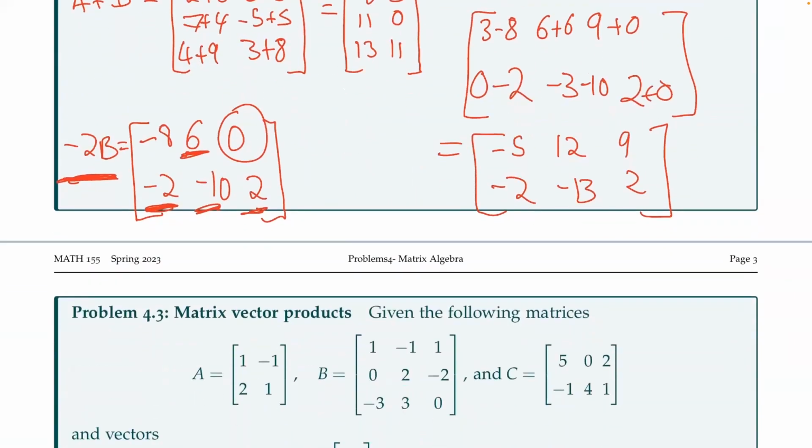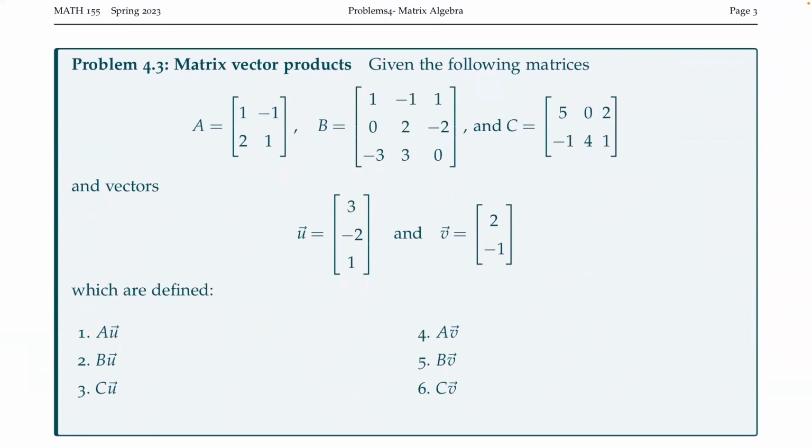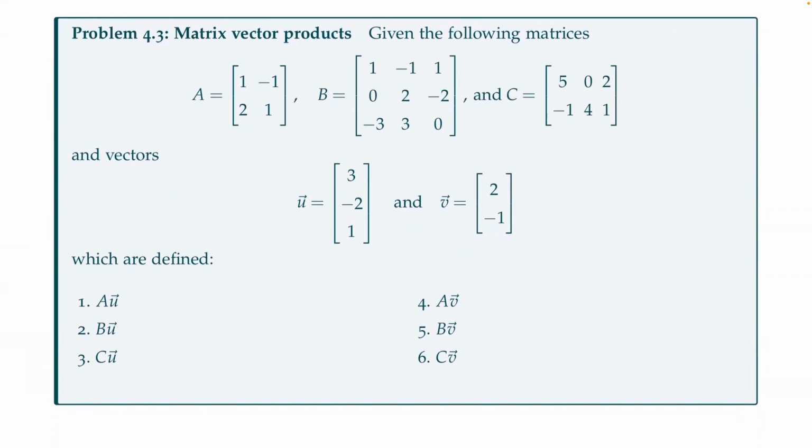Okay, so scalar multiplication, pretty straightforward. Addition, subtraction, pretty straightforward. We're just working through things element-wise. Now let's think about some things that are going to be a bit more applicable to us, matrix vector products. So we will be constructing lots of matrix vector products because in a lot of the examples that we'll be going through, our variables of interest will be defined by vectors, and then our matrix is